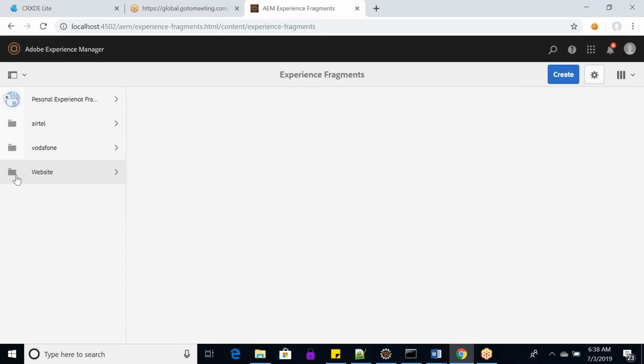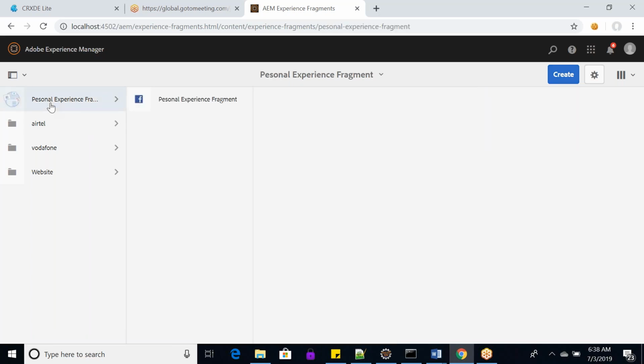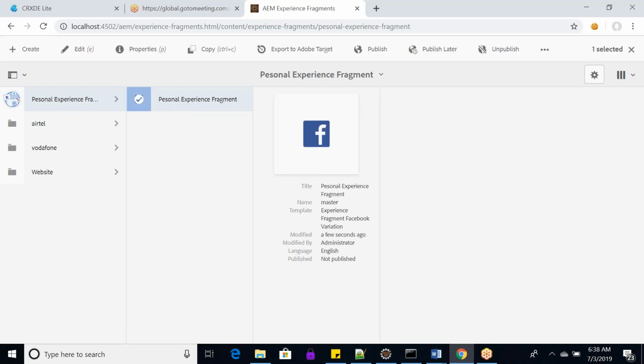What you can do here, you can also create a folder. It is better to create a folder first and then create your experience fragments inside that folder, so that you get better navigation. Right now, I directly created one experience fragment. So this is the experience fragment which I created. Now, if I just open it,